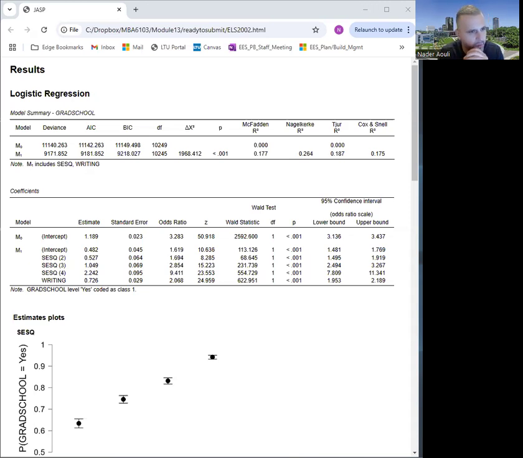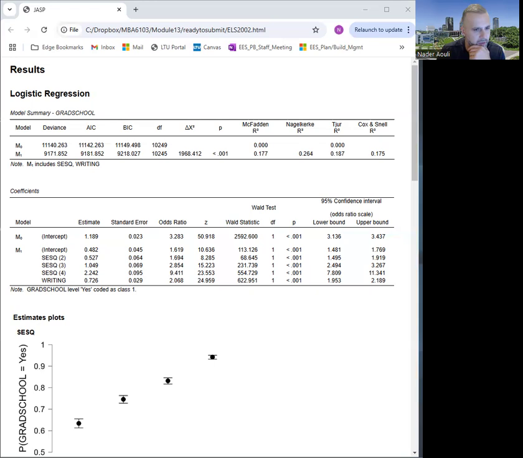Question one shows us the model summary of the grad school. Here we have the logistic regression analysis for predicting the likelihood of attending graduate school. There are two models: M0, which is the intercept only, and M1, which includes the SESQ and writing variables. M0 is a basic model with the intercept only, and with M1, we're adding the